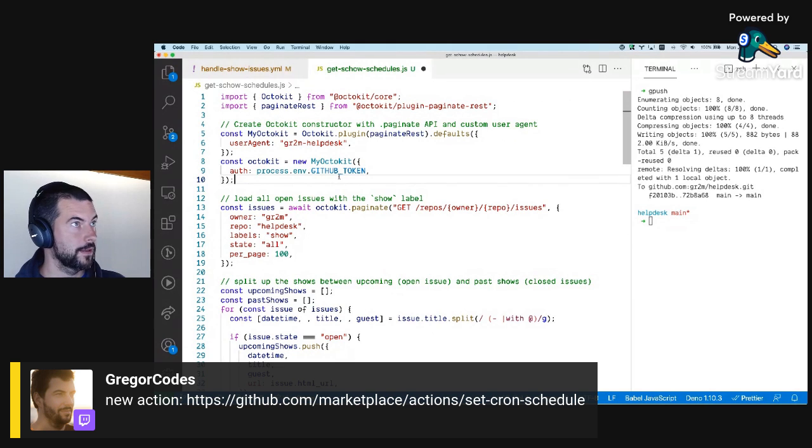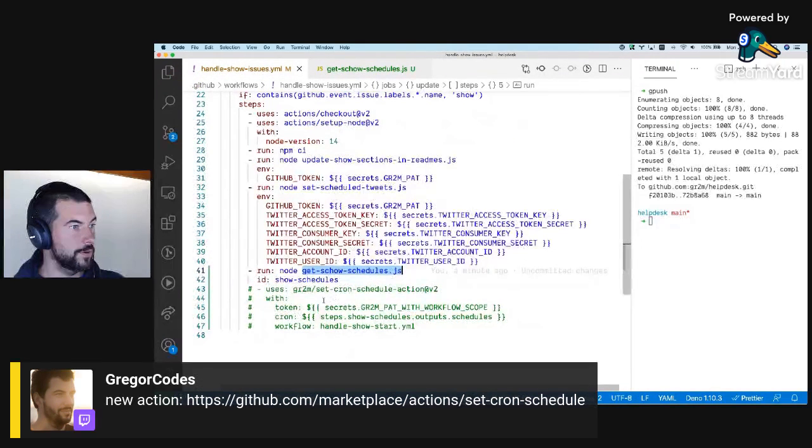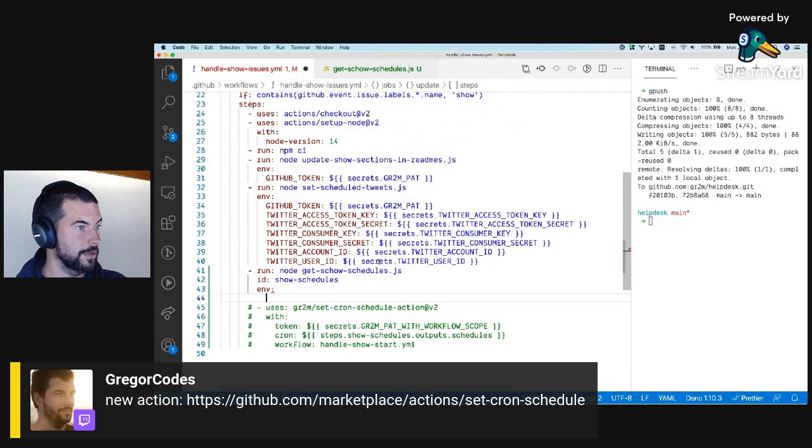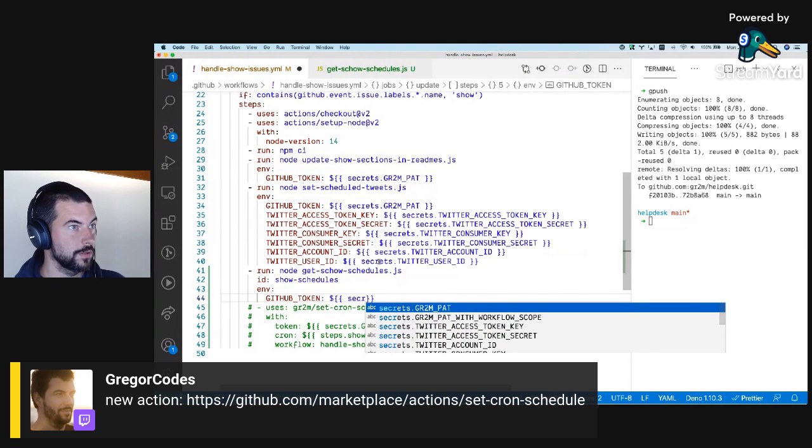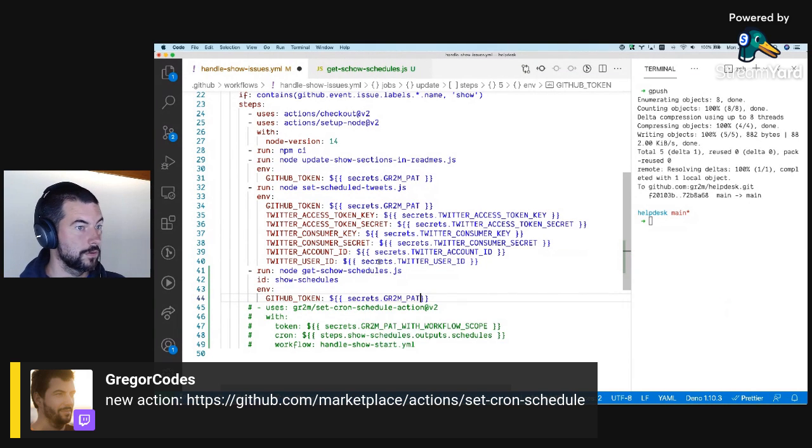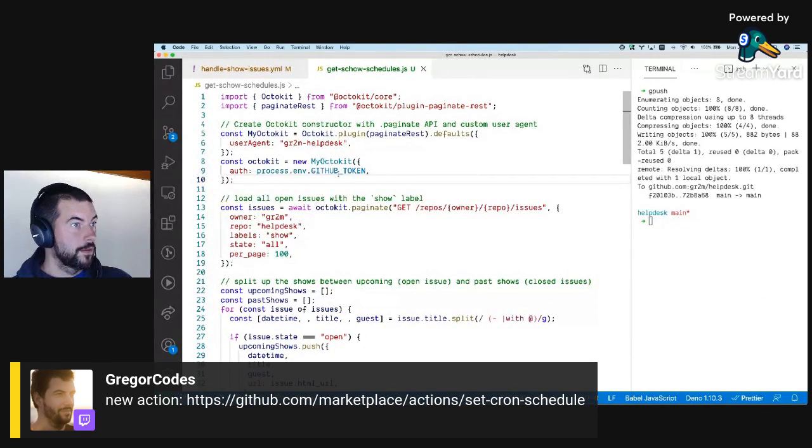That's okay. Oh, that also reminds me that I need to set the GitHub token to secrets.GITHUB_TOKEN here. Okay, so we have our OctoKit instance.